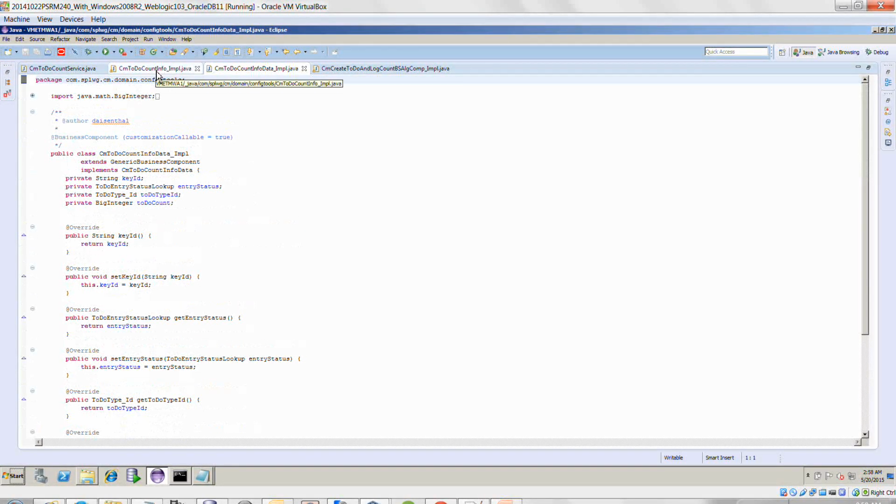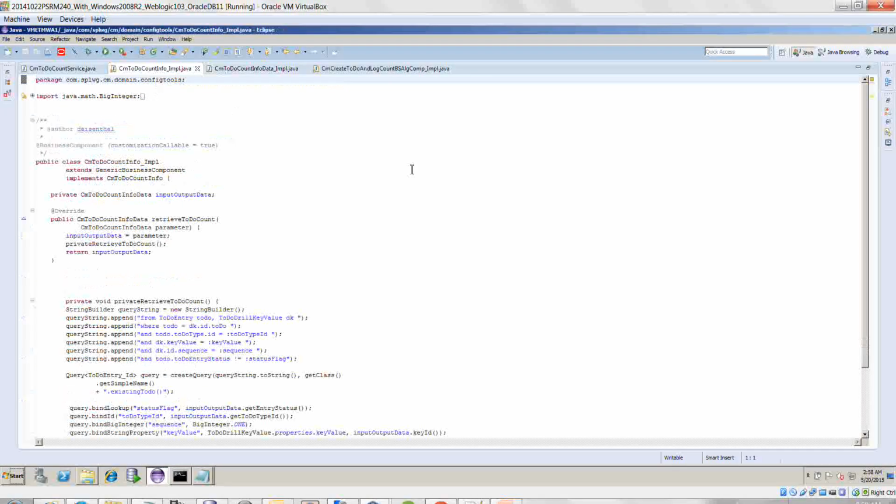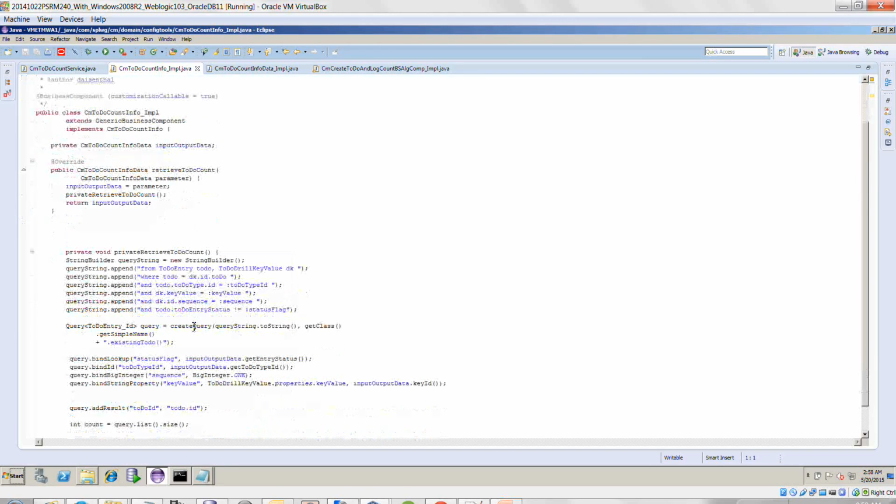And then we have another class which does the calling of the actual code to retrieve the to-do count. So what it actually does, it reads in the data and then calls the private retrieve to-do count. And the private retrieve to-do count is nearly identical to the code that we had when we were doing the plugin, where we created the entity